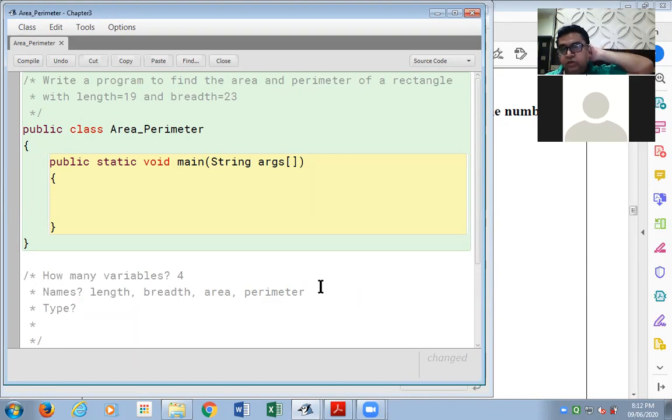What is in this program is quite easy. All of them are going to be of the same type. Tell me what is a suitable type in this program for my variables. Since we don't have to use different types over here, it's quite easy. Mehak, your answer.